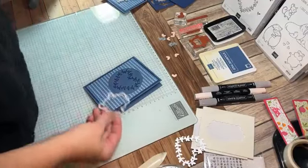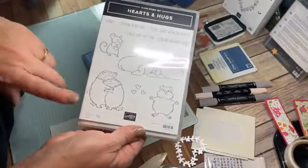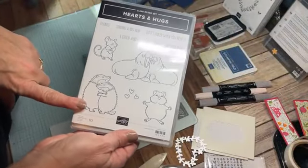All right, so next we're going to work on the cute little critter from the Hearts and Hugs. And I tell you, the one thing that I haven't used from this bundle